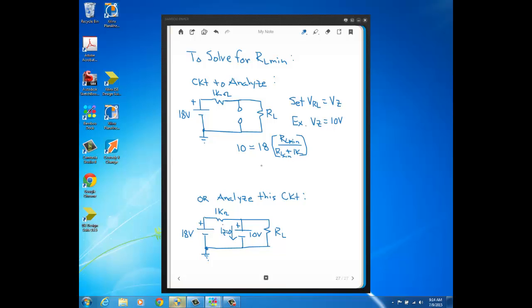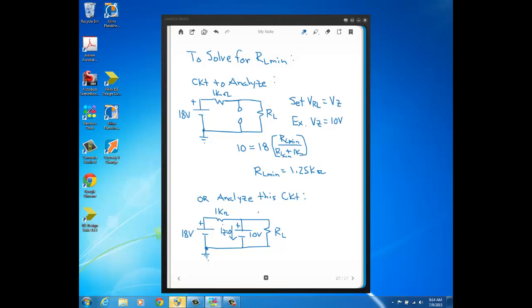Okay, and if you go ahead with these values and solve for that resistance, you should come up with a value of 1.25 K ohms. Okay, now another way to get RL minimum, a different circuit that you can analyze to get the same answer,